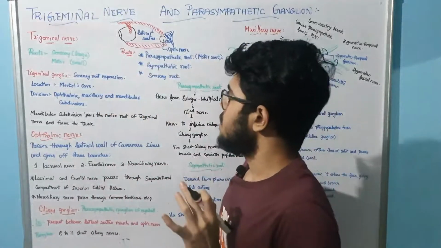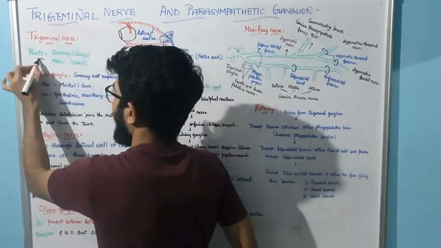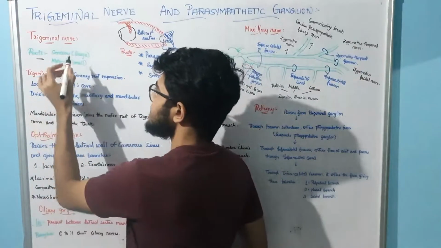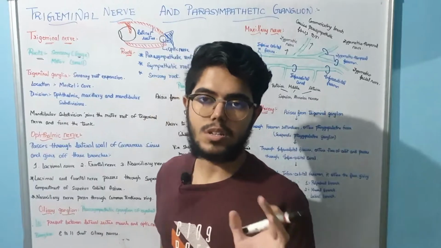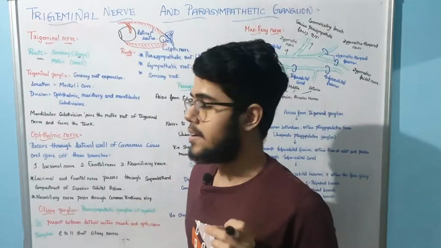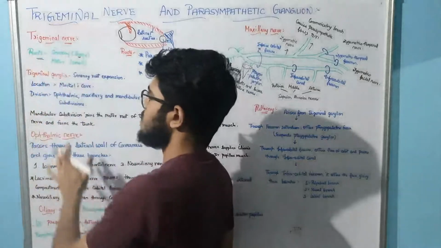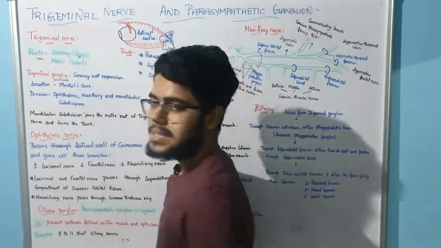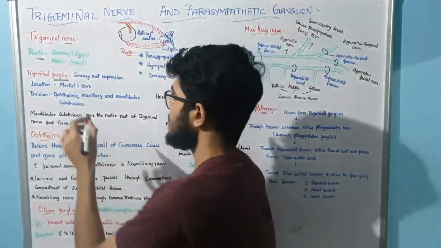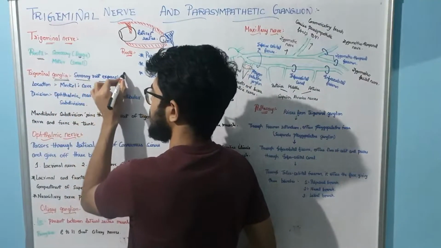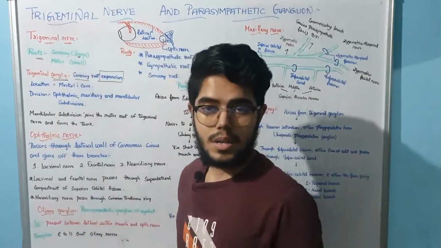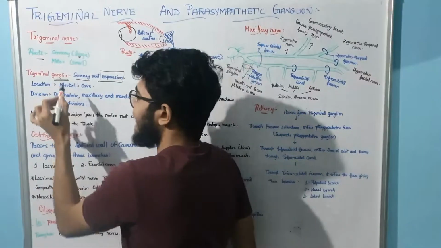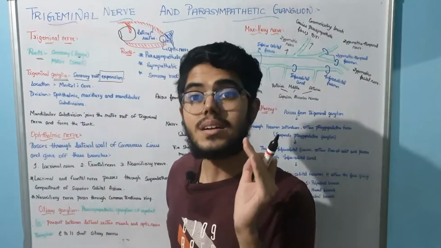In the trigeminal nerve, first it has got two important roots, that is sensory and motor. But here sensory is large, and motor is somewhat smaller, but sensory is large. That you have to remember. Now this trigeminal nerve has got some ganglia. Since sensory is large, it has got a sensory root expansion. Because of this large root, it has expanded in such a way that it has formed a ganglion called the trigeminal ganglion.